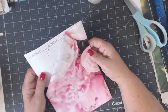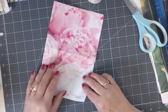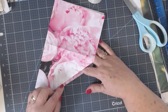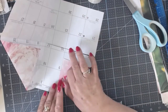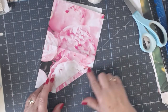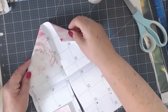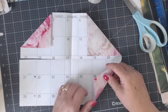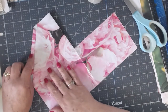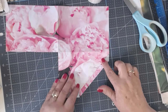So let's see, I've got to stop and think here. So this one is going to be, I turn my paper so I can fold it. So then I take this and I fold it in here just enough that I have about a half an inch from here, which actually is here. So when you fold it, you can see a half an inch of the next pocket here. And then I open it back up, and I think this is the side. Yeah, this is the side here. So you have this. Okay, so you folded this. I better turn this back upside down. So after you've folded this in, then you have this open,